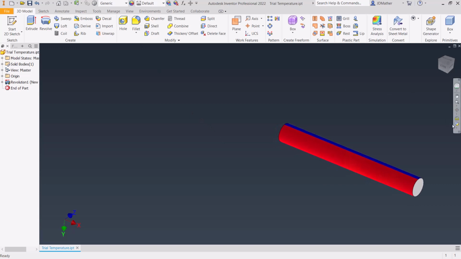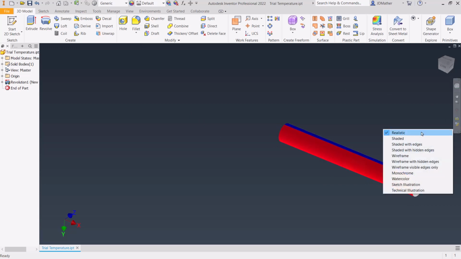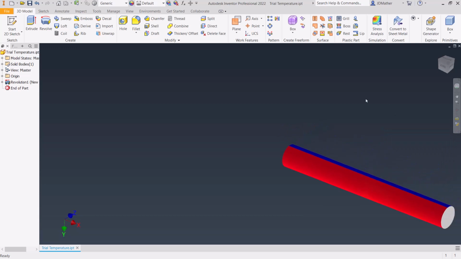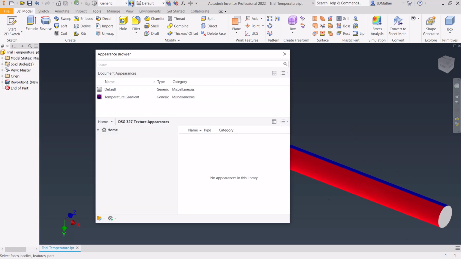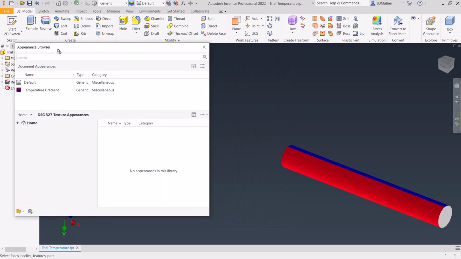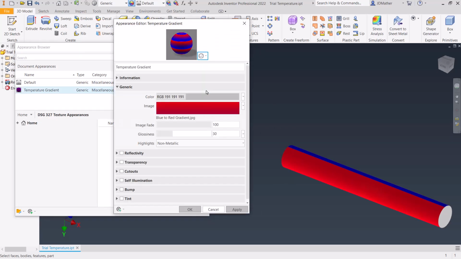So again, make sure that you are in realistic view when you start to do this, and I like to put this over here where I can have some room to see this, and then I will come up here and I'll click on the appearance editor again, and I'll select that appearance and I'll select edit, and then I'm going to click on this image,